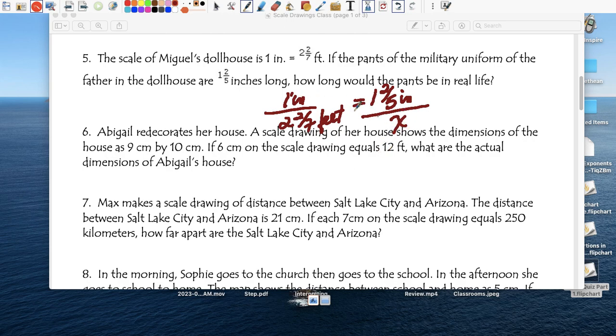Well, cross multiply. X times 1 is just x, and then we multiply 2 2/7. I think the more tedious part is entering these numbers in the calculator. Times, again, 1 2/5, and we get 3 1/5 feet. 3 1/5 feet, 3.2 feet in real life. All right, so again,